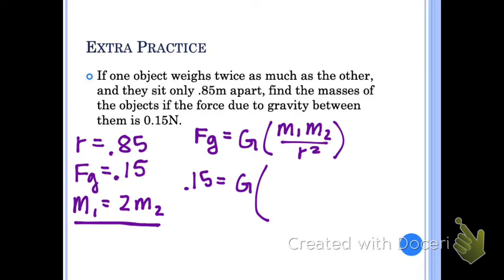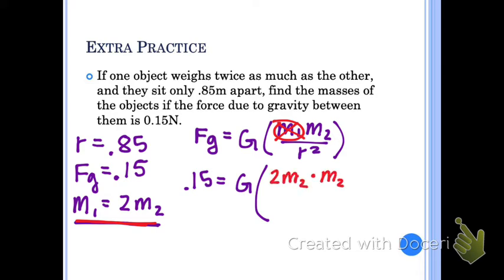So what's that going to look like? Am I going to be left with M1s or M2s in my equation? M2s, good. So instead of M1, I'm going to substitute that out, and I'm going to say 2 M2